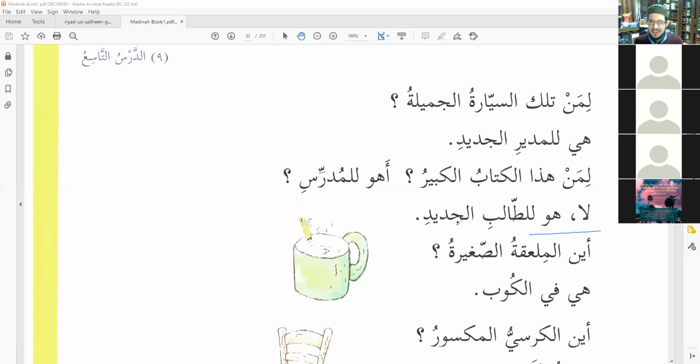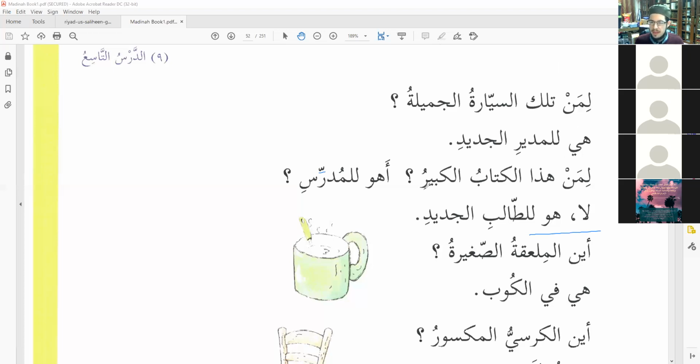You jumped down the line, but you read it well. You gave it a kasra, even though despite the dhamma here, it's jadidi. But you did well. Great job. So let's translate first. Okay, Sister Asma, what's the first line? To whom does this beautiful car belong? Yes, whose is it? Good. And the answer is pretty obvious.